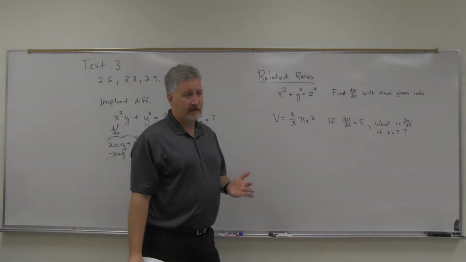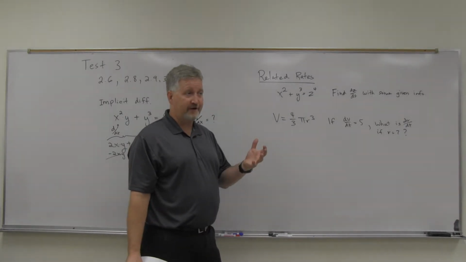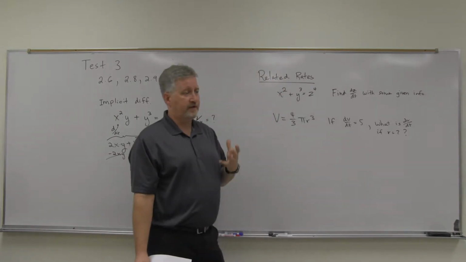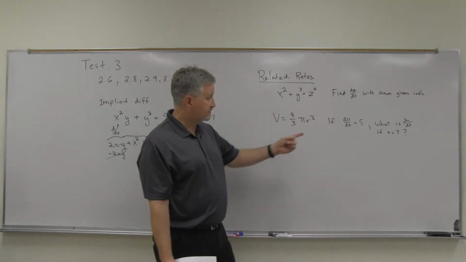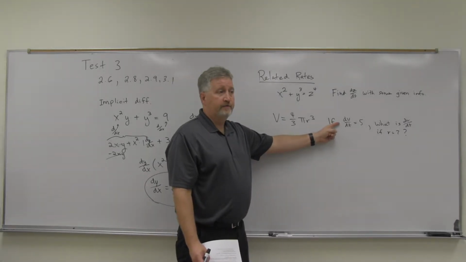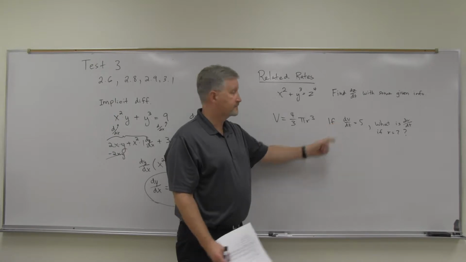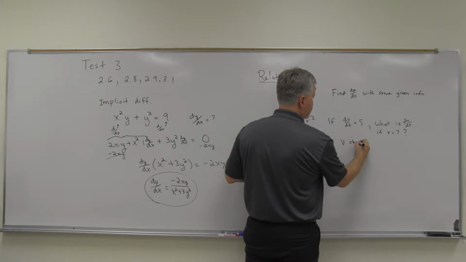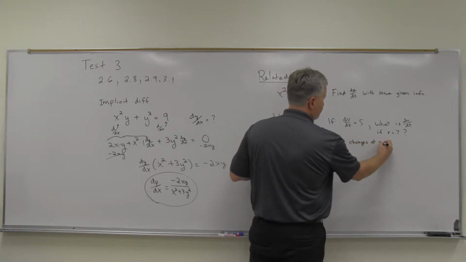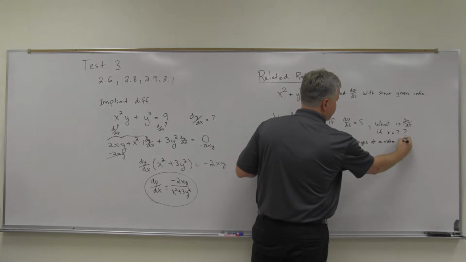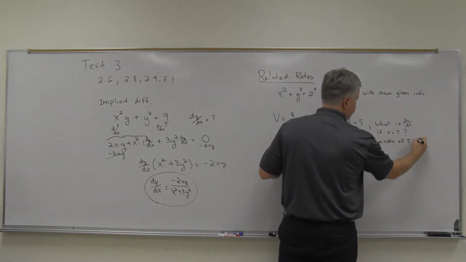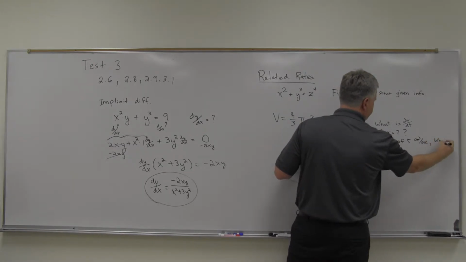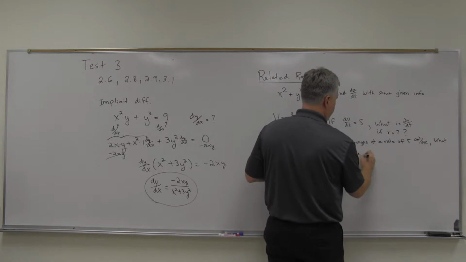Now, I worded it like that, but another way to word it is, what is dV over dt? What's another way we could word that? Isn't that the rate of change of the volume? So if the volume changes at a rate of 5 centimeters cubed per second, something like that, what is the rate of change